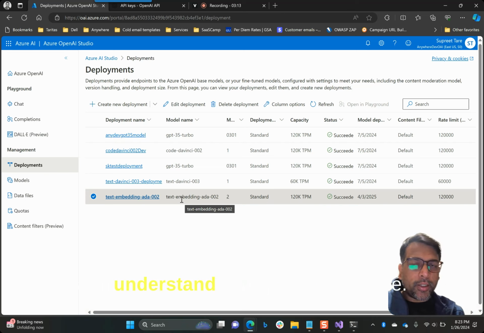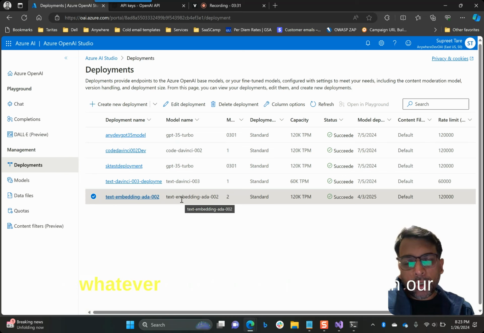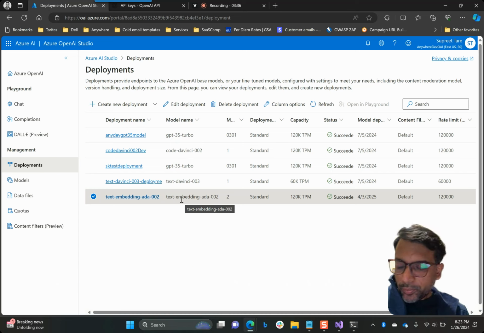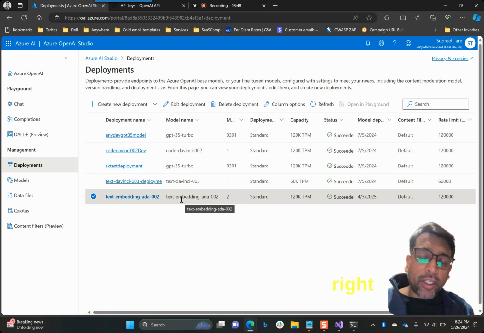Now let's take a brief moment and understand what embeddings are. Whenever we want to add memory to our application, we are adding a way to store the data somewhere, right? And with a chat application, it is not different. Whatever chat we are having with our application so far, we want to save it somewhere. The problem of saving this entire chat history that we are having with our chat program, if you want to save that as it is, it's a lot of data to be saved,